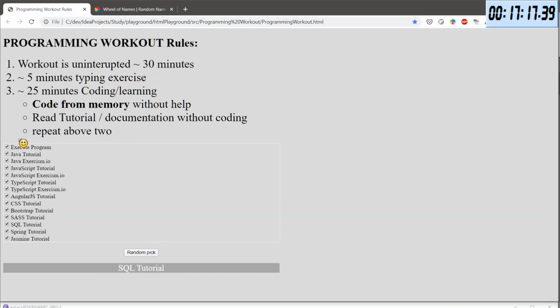So I would have a Java checkbox that would enable or disable everything in there, and so on. Maybe you could say Java and no Java. We'll see.